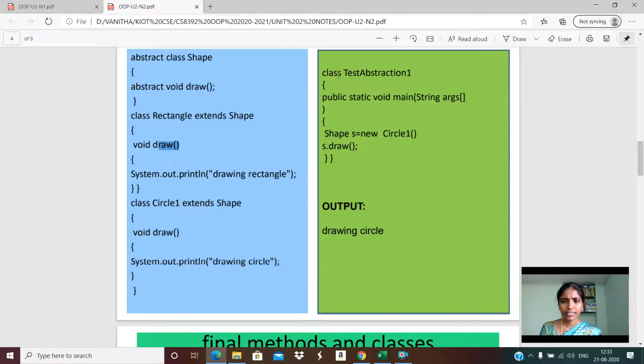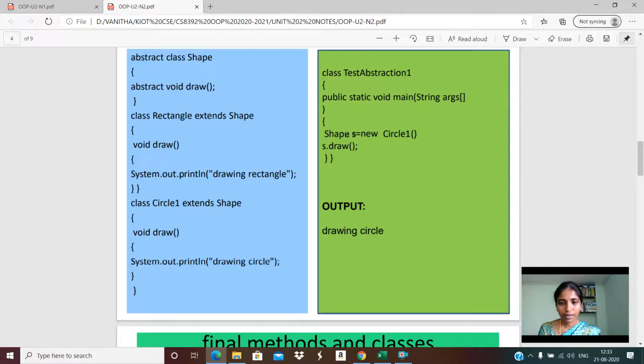And we have created another class where we have defined the main method, where the program starts its execution. We are creating the object for Shape, the abstract class, followed by the reference variable s equal to the new operator and the subclass constructor. We need to create the object for the subclass only, but since this is an abstract class, we have to use this reference variable along with the subclass constructor.